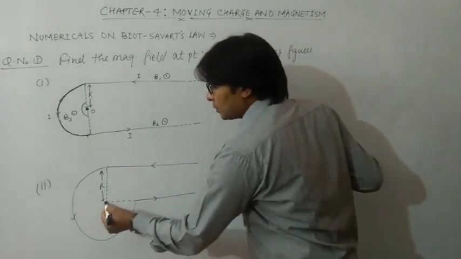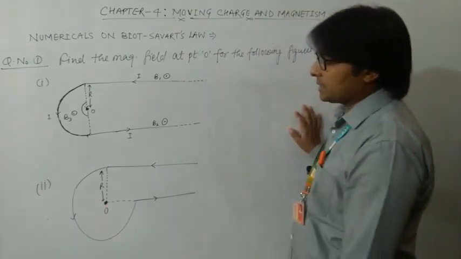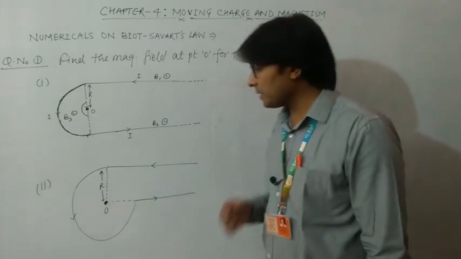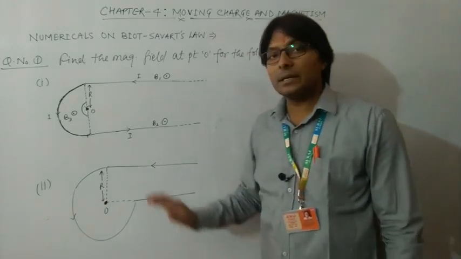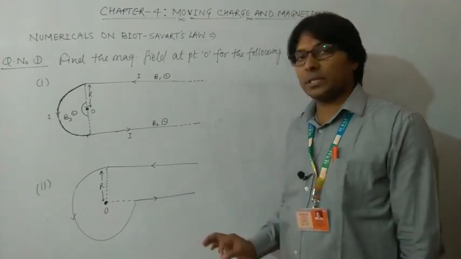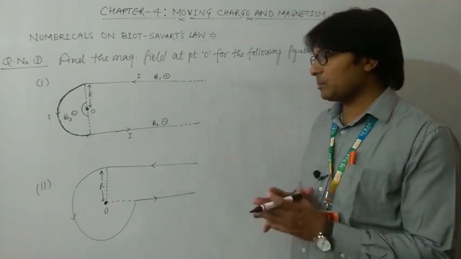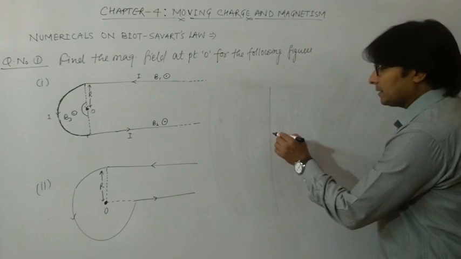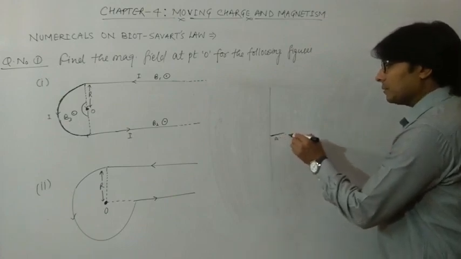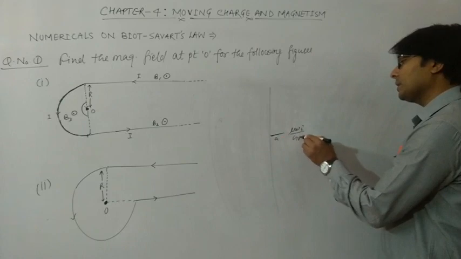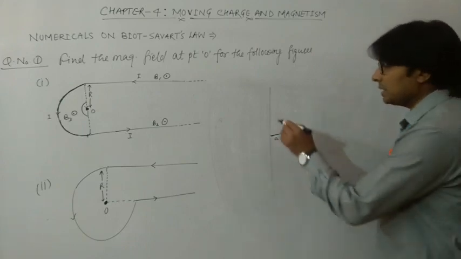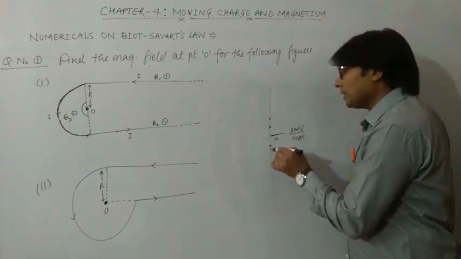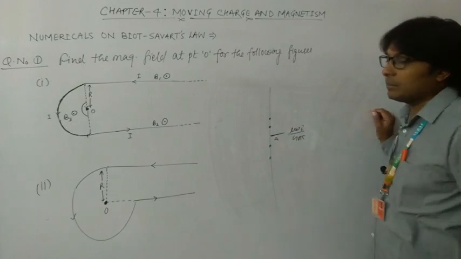is along the center, or we can say along this point O lies on this wire, and whenever any point lies on the wire, the magnetic field on that point is always 0. So you must remember one point, that if suppose this is a current carrying conductor, then at a distance of a, definitely the magnetic field will be mu 0 I upon 4 pi a if this wire is of infinite length. But if I ask you what is the magnetic field at any point on the wire, you will say the magnetic field will be 0.